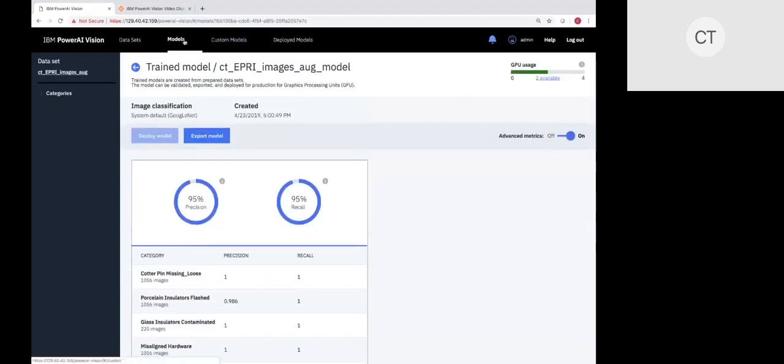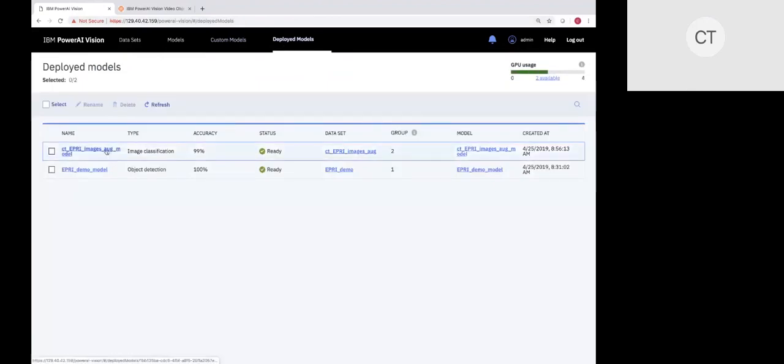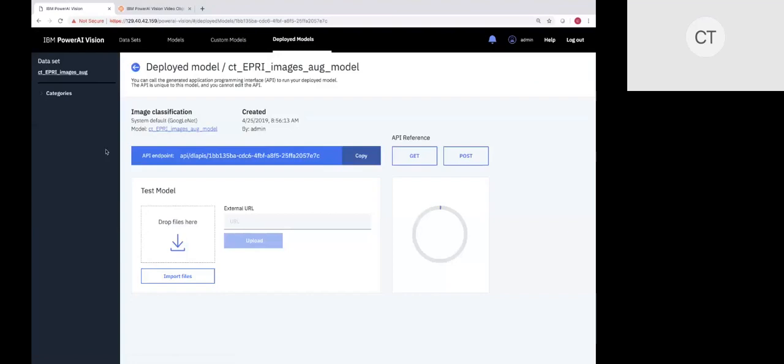So this model I've deployed already. It's called the CT EPRI Images Augmented Model, and now I'm going to go and test it out. So for every machine learning or deep learning project that you do, before you even start the project, you always